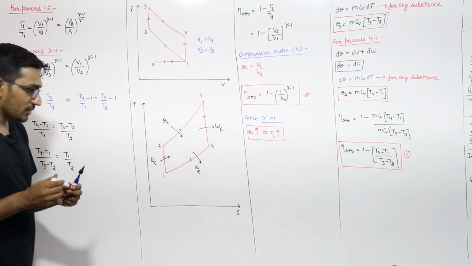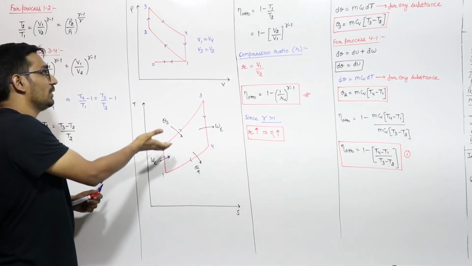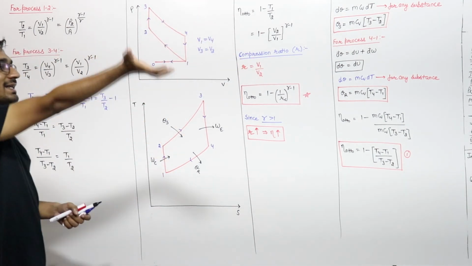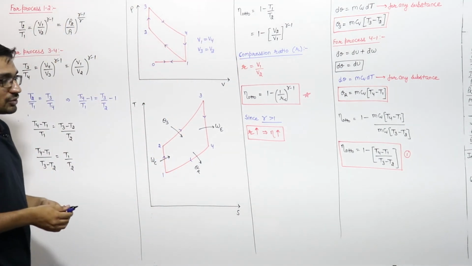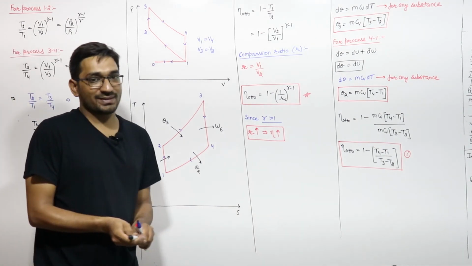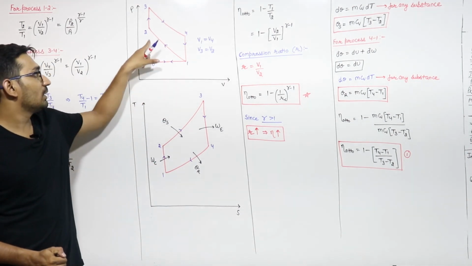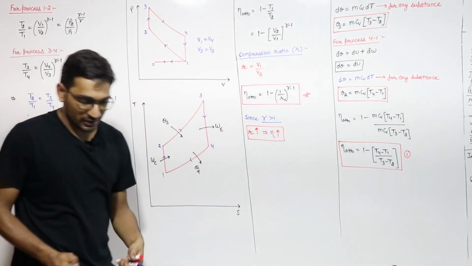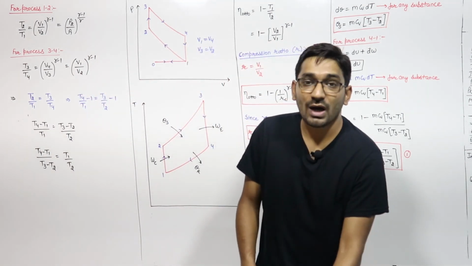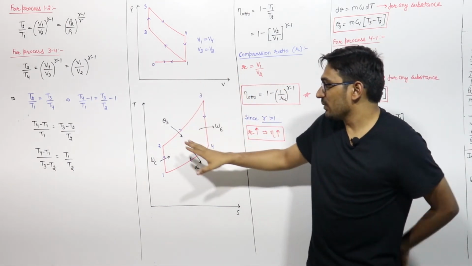Increasing the compression ratio means that V2 will be very, very small. You are compressing the gas to a higher pressure and a much smaller volume. So you cannot compress the air-petrol mixture beyond a certain limit, because here we have an air-petrol mixture, right? While compressing, you can see from